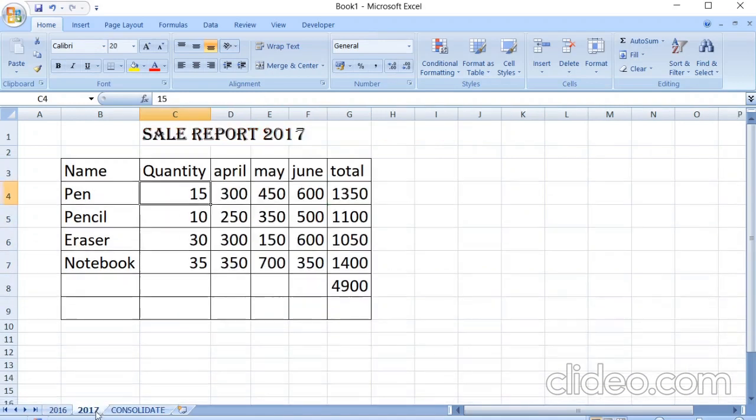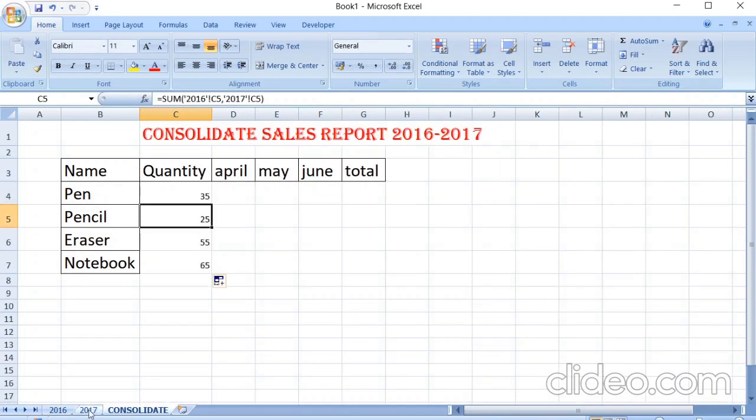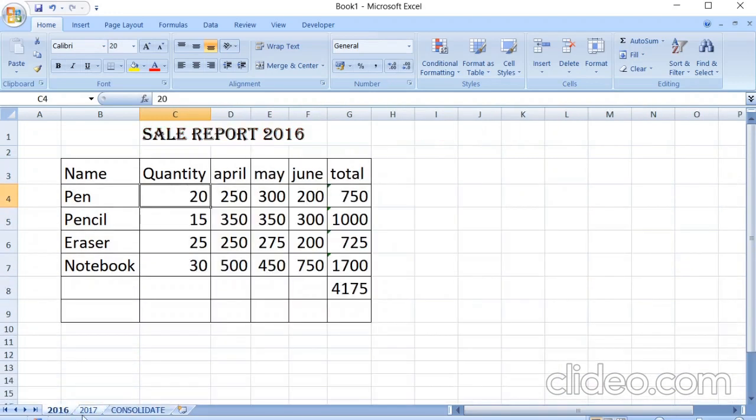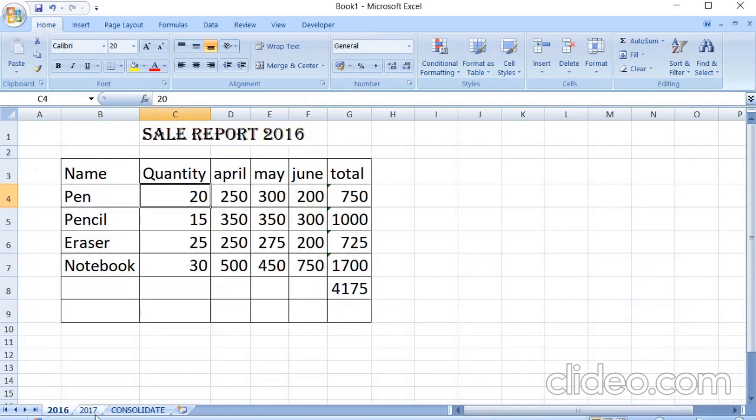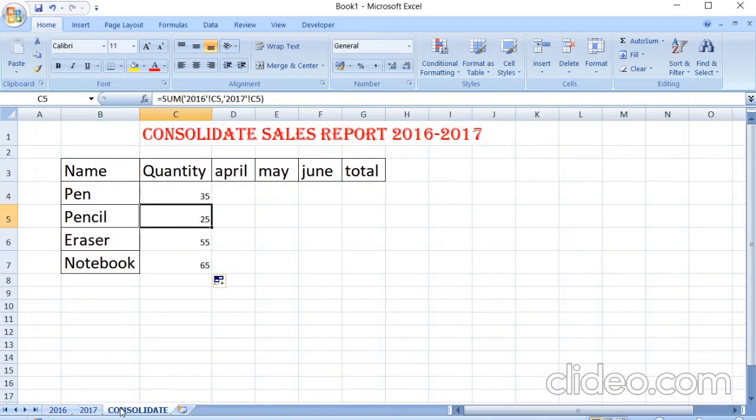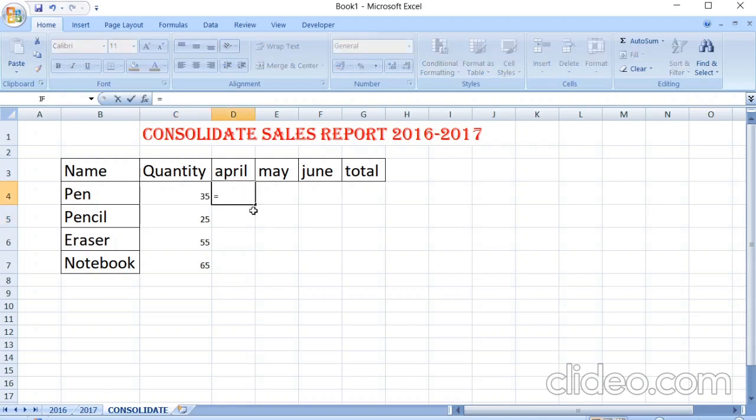15 plus 10, 25. 25 plus 30, 55. 30 plus 35, 65. Clear? Again for April I am putting it so that it will be more clear to you.